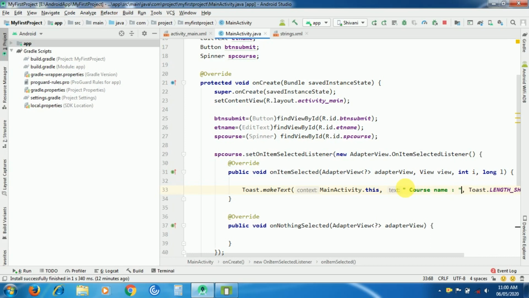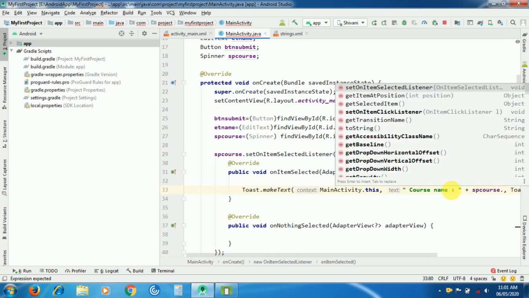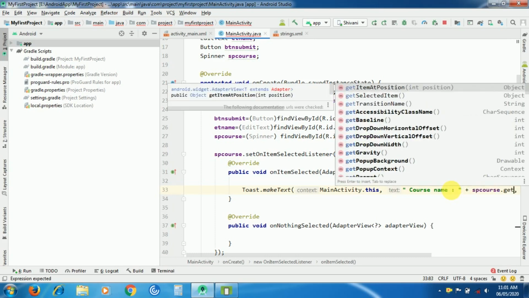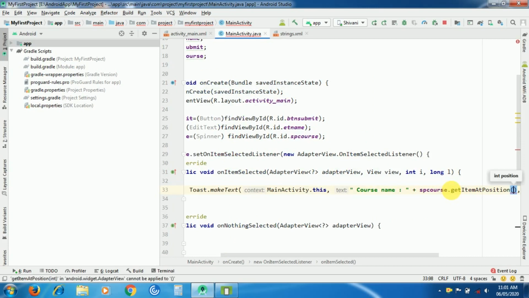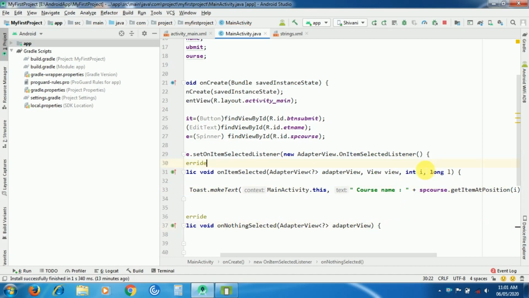and after that we have to get the course name which we have selected with the help of the position. In this method, this int i is the position which we are selecting from the list. The spinner ID sp_course dot getItemAtPosition, and we have to pass the position which we have selected, which is i.